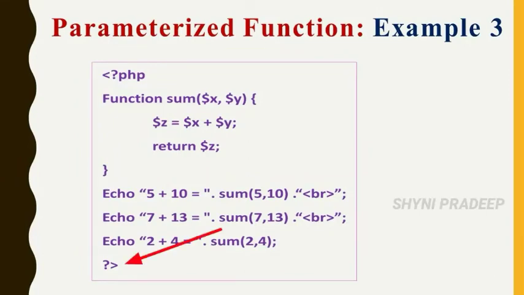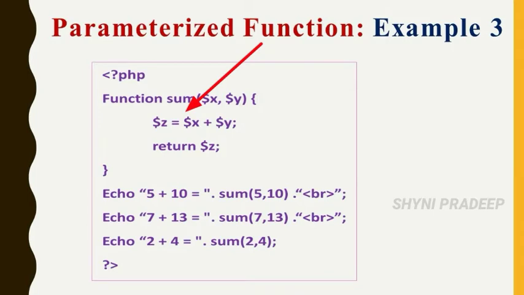This is the opening tag, this is the closing tag. Function is defined. Function name is sum. Two parameters are given, x, y. See here, a return statement is given in this program. So you have to return the value of z. Before that, one expression is given, z is equal to x plus y. So you have to enter the arguments or values to the x, y variables, and it returns the z value in the output screen. Okay, z value is what?